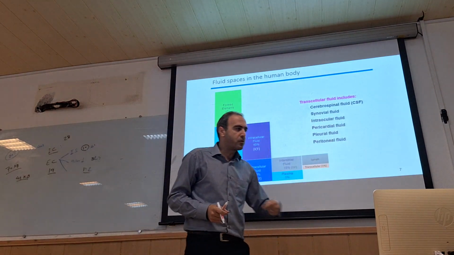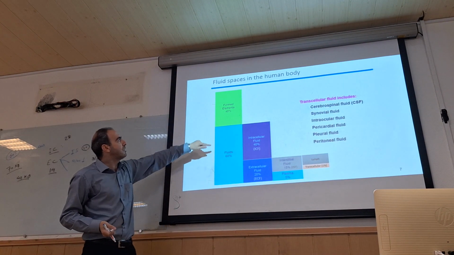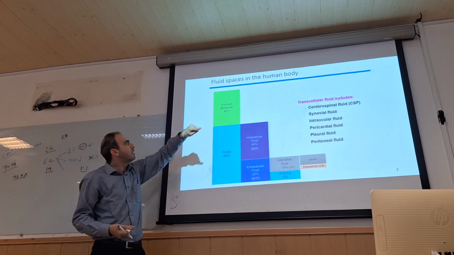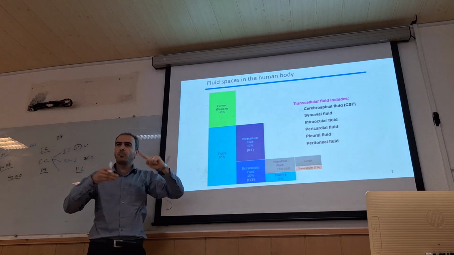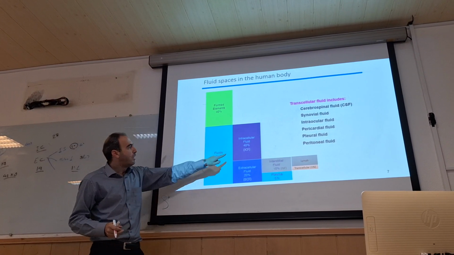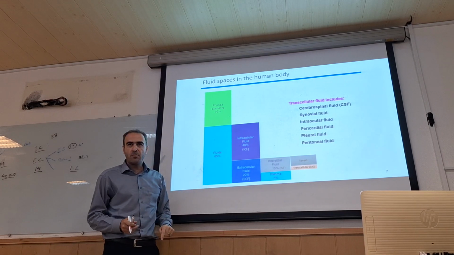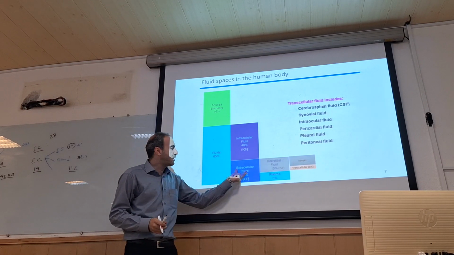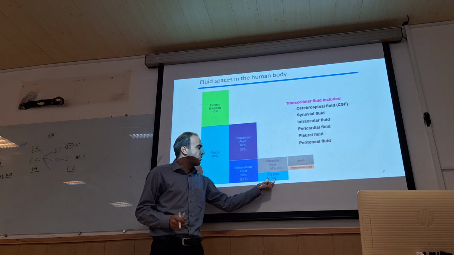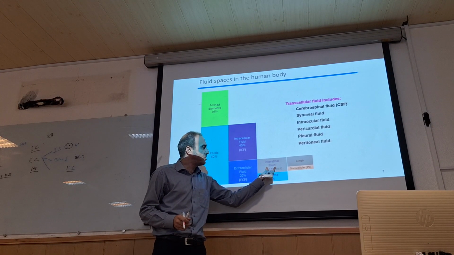Here again, I have a summary. Our body consists of 100% weight. 40% is elements, protein, and other. 60% is fluid. 40% is intracellular, ICF, and extracellular, ECF, is 20%. This ECF consists of plasma, interstitial fluid,